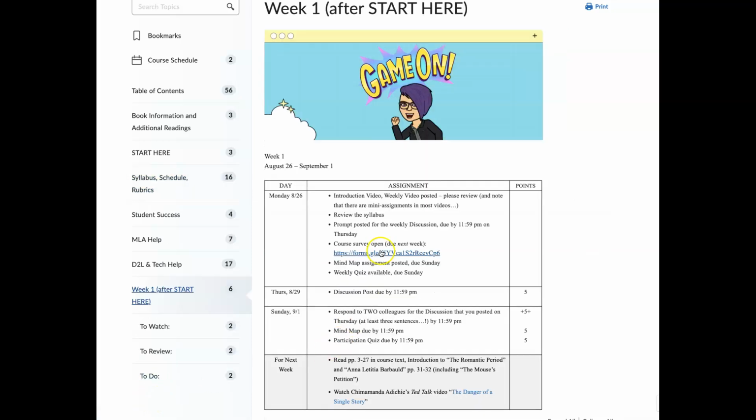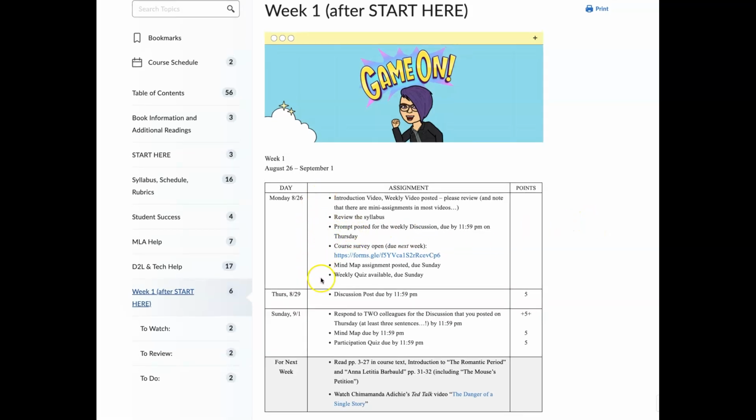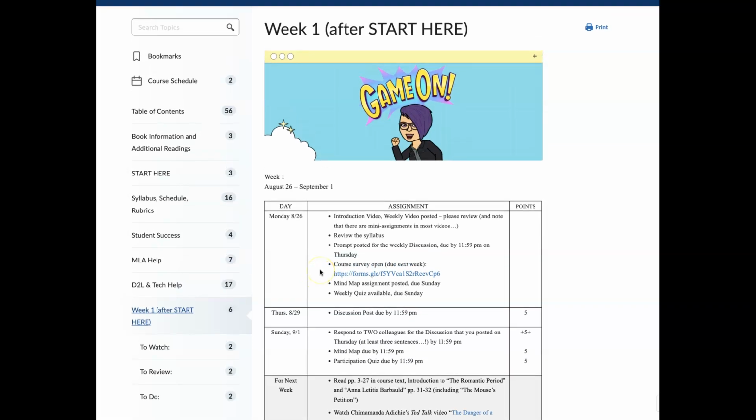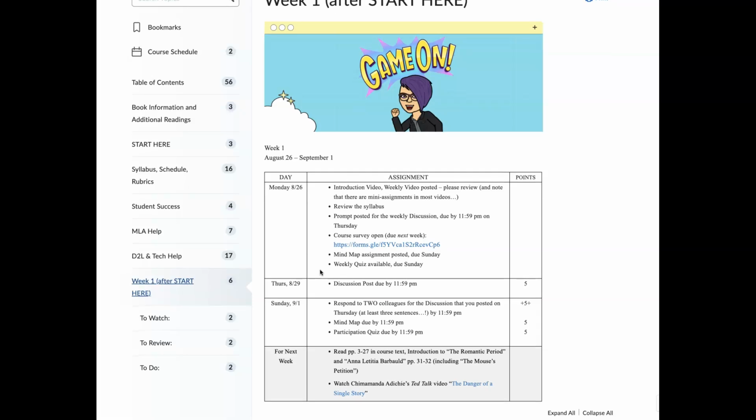All right, going back to week 1, so this is what our schedule looks like. On Mondays, everything will be visible and available to you. Usually it's a little bit ahead of Monday. I'm usually getting things done Saturday, Sunday, that kind of thing, not really much before then. But sometimes it will take me until noon on Monday to get things posted. So just be aware of that.